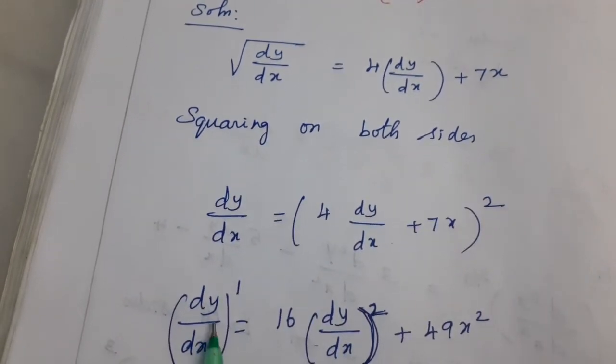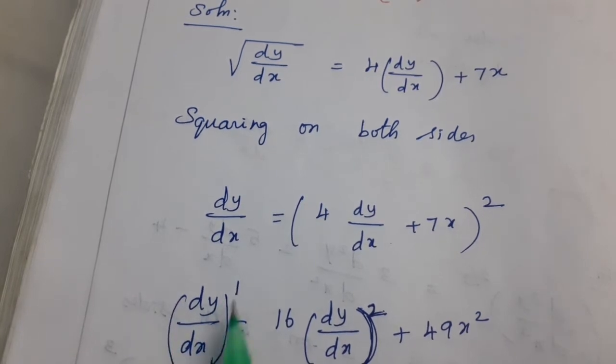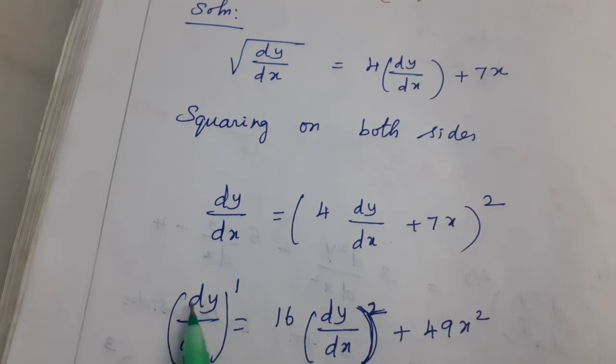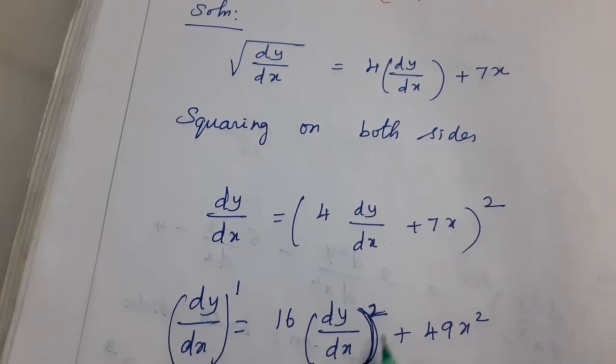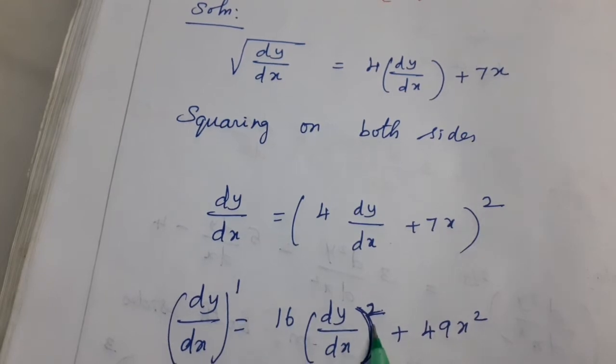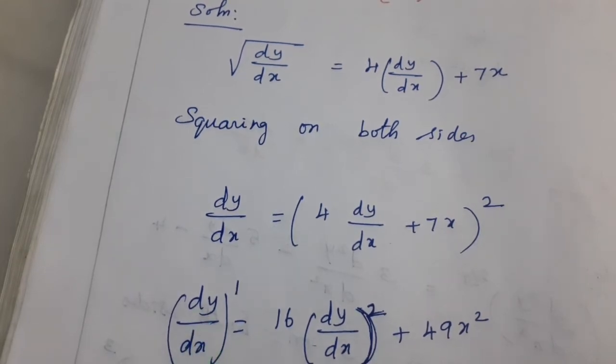What is our degree? What is the order? The term in the whole power is the degree. The differentiation part is the order. First derivative or second derivative. This dy by dx is nothing but the first derivative. So dy by dx is the order. Order is 1. What is the degree? Degree is 2. Order is 1, first derivative. Therefore, order is 1, degree is 2.